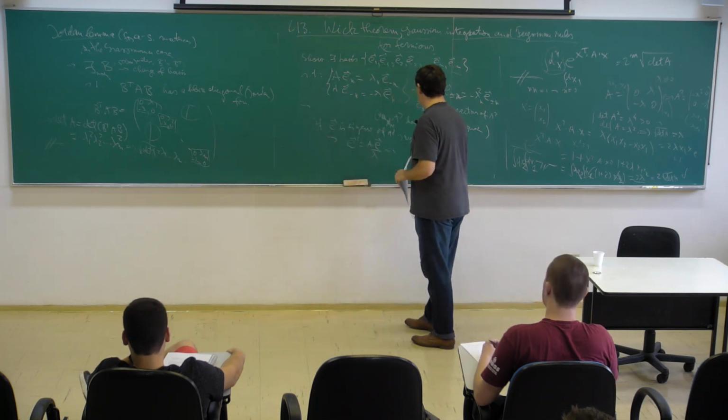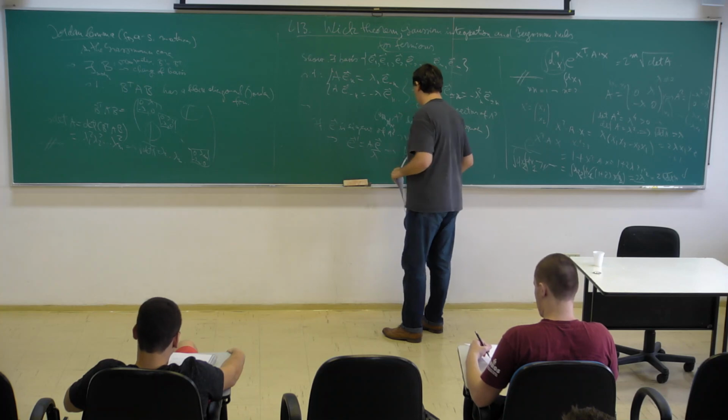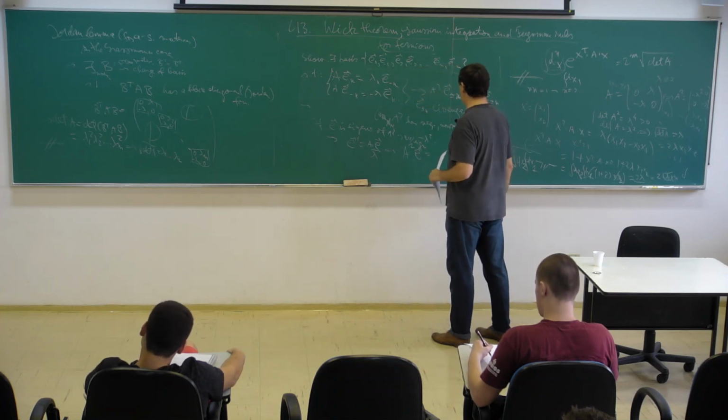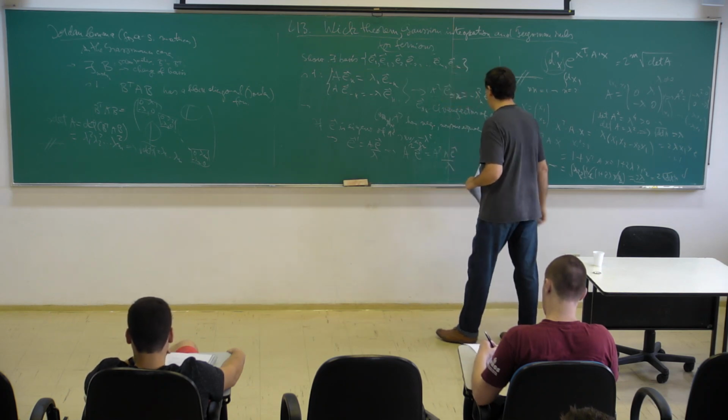And then we say that A squared E prime is A squared A E over lambda,